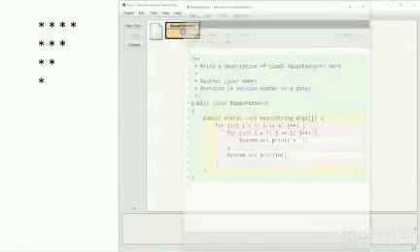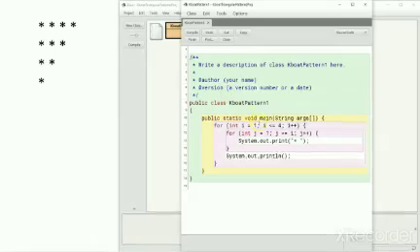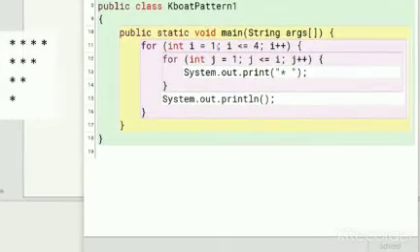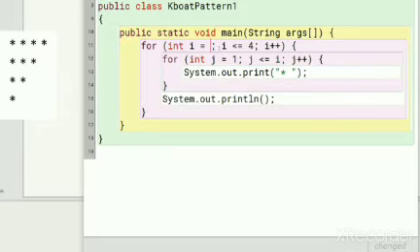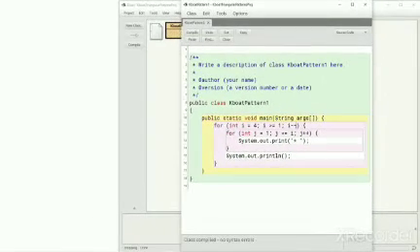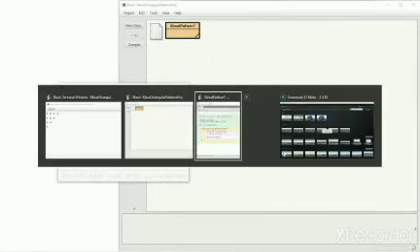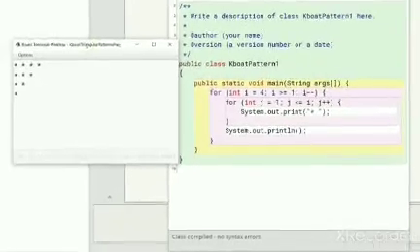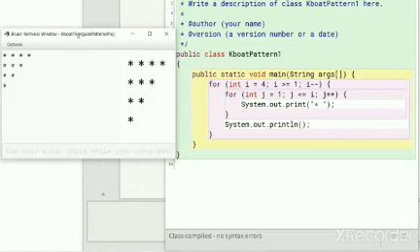I will go back to the previous program and change the outer loop accordingly. Now the outer loop control variable i should start from 4. i should be greater than equal to 1, and as we are going from a higher value to a lower value, it should decrease like this. No changes are required in the inner loop or the 2 println statements. Let's run the program now and see if it gives us the correct output. We got the correct output.